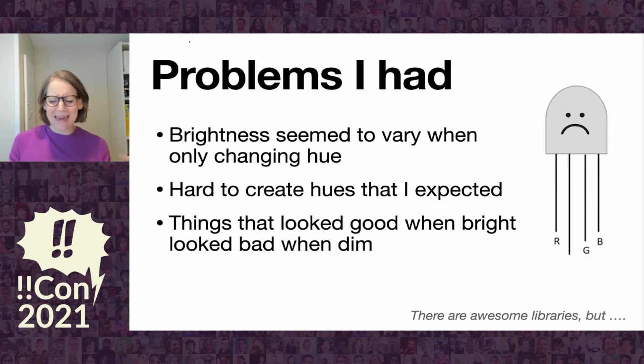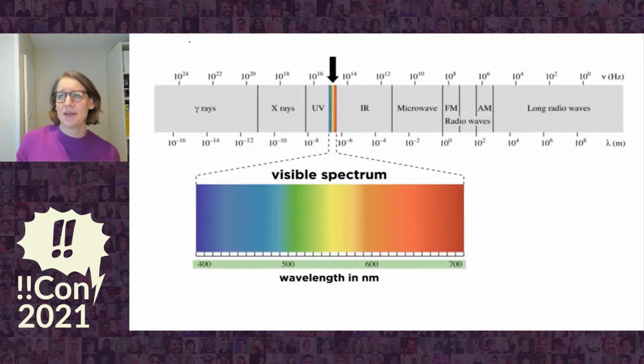All of a sudden at midnight, I could almost see it flickering. What was going on? So there are libraries that fix this, but I want to talk a little bit about what the problem was, because it wasn't my code and it wasn't my hardware, which I did wonder for a moment. Turns out this is actually how we